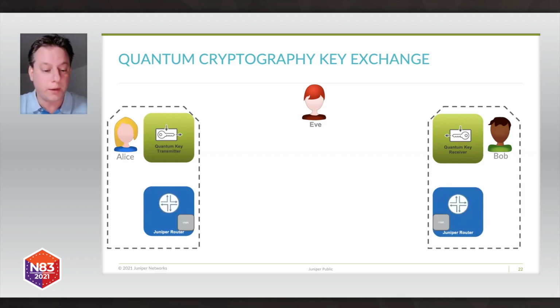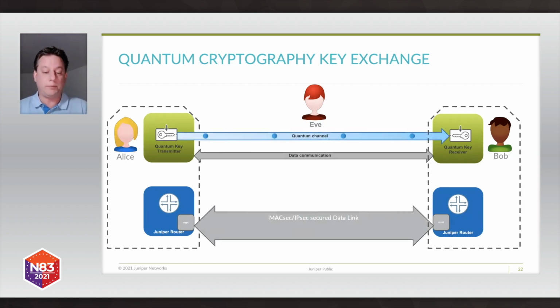Both will also have a router that has a connection between them, a connection that could either be MACsec or IPsec or any other security protocol. That obviously would allow for hitless key rollover, as that is one of the interesting things, that this QKD setup can generate keys at a certain rate, could be a couple per second or even more. And so if you roll over the key fast enough for the security protocol you're using, it's much harder